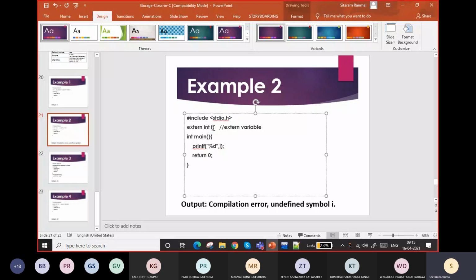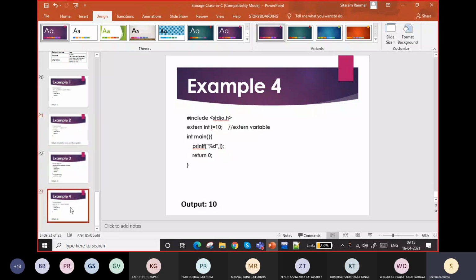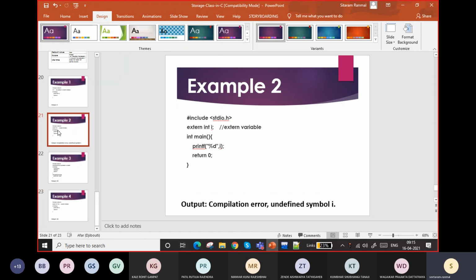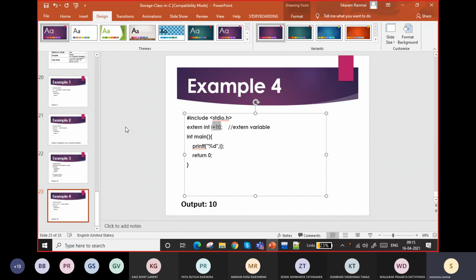The value is not assigned. Therefore, it is giving a compilation error. But in the fourth example, I equal to 10, int main, %d I. For this, the value is assigned, therefore it is giving an output. The only difference between this and this is that. Here it is giving an error, and it is not giving an error only because of this assignment.